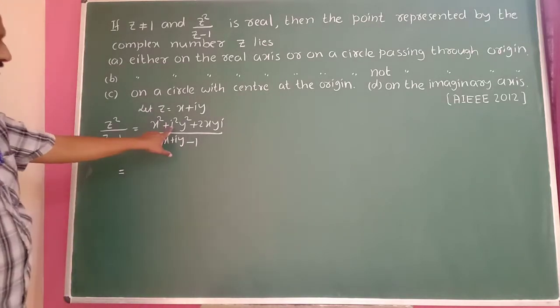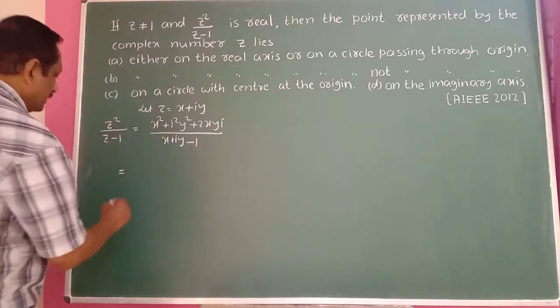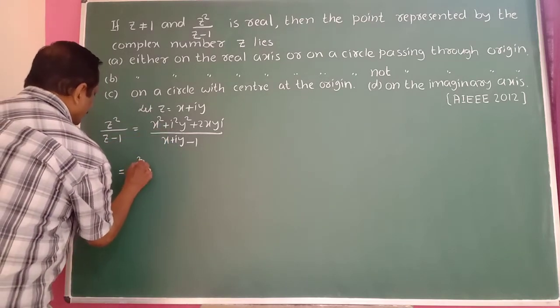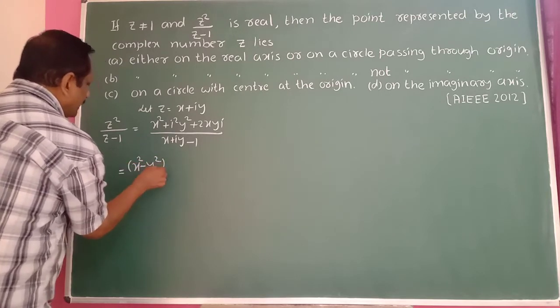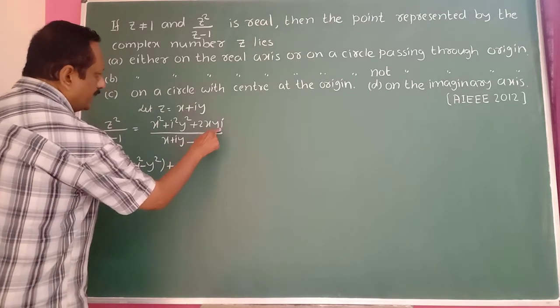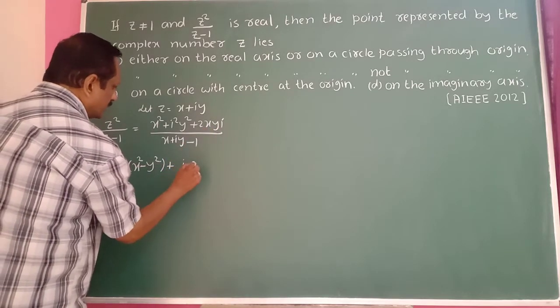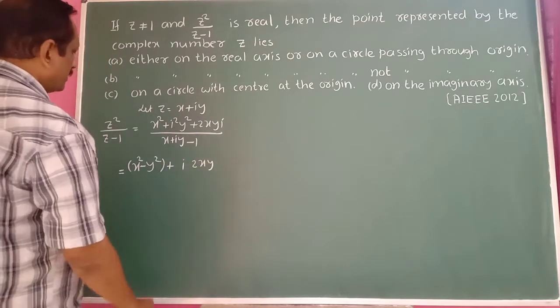Here i square is minus 1, so this is equal to (x square minus y square), which is the real part, plus i into 2xy, divided by